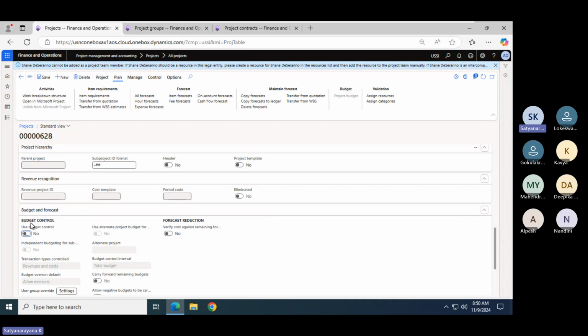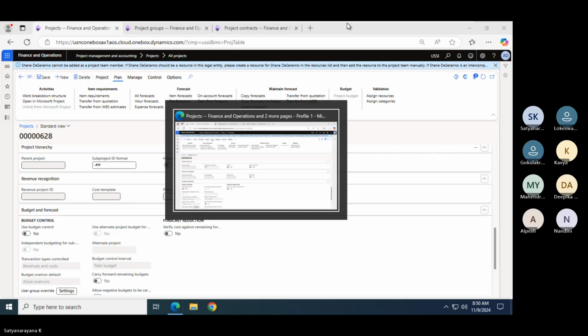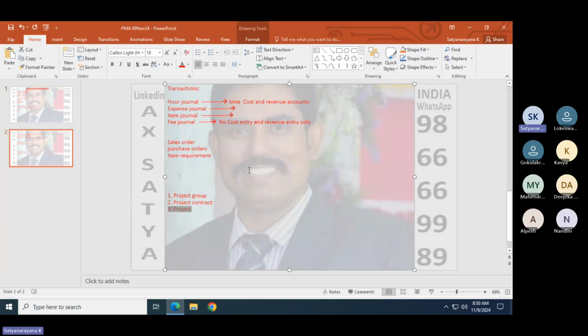Fine. So the project budget we need to decide at present, because if it is a project budget, I need to enter the budget, then only it will allow you to enter. So I have disabled it for the time being. We'll discuss this project budget later. Fine. Now, in this one, we need to understand a little bit more here.